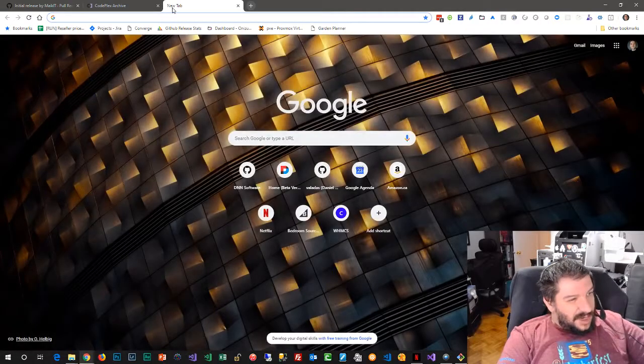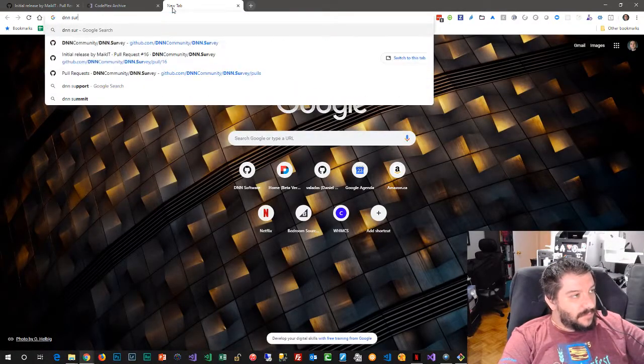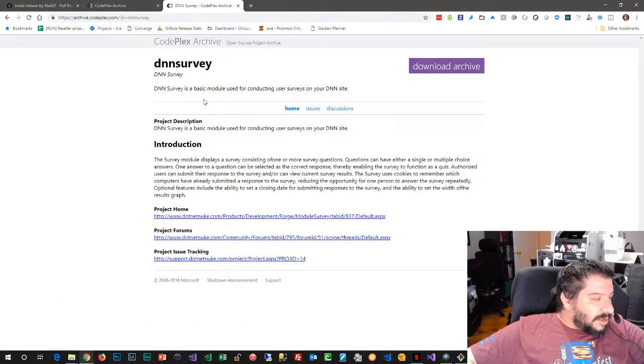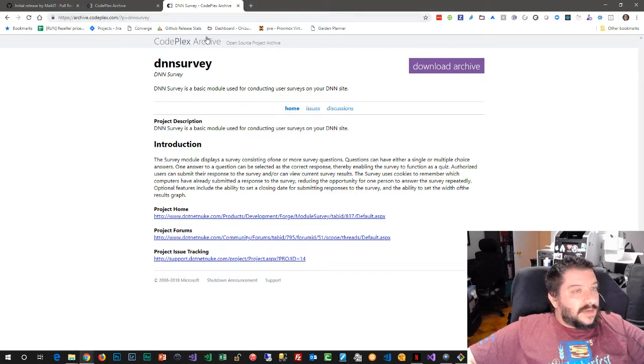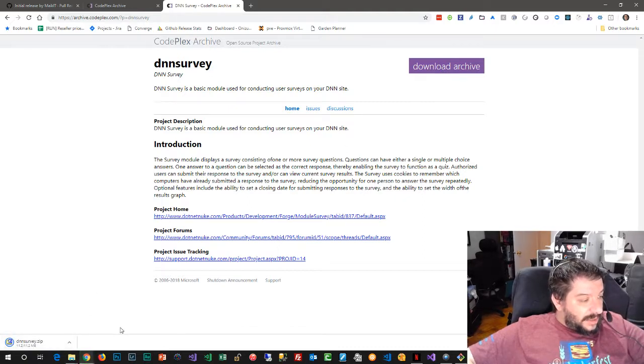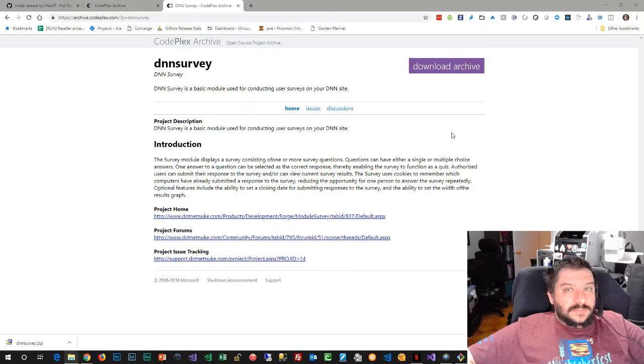So let's try maybe a Google search. Probably here. There we go. So it's archive.codeplex. Basically, the old projects that were on Codeplex, while Codeplex closed, they shut down and kept everything as archives. You no longer have access to the source code and so on, so you just have a download for the archive. Now this is packed in a funny way, but if you open that zip,